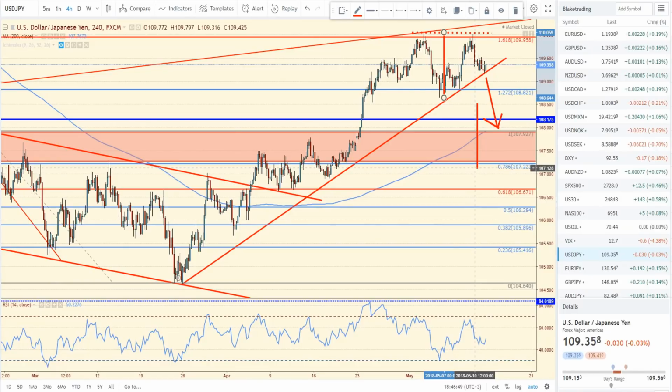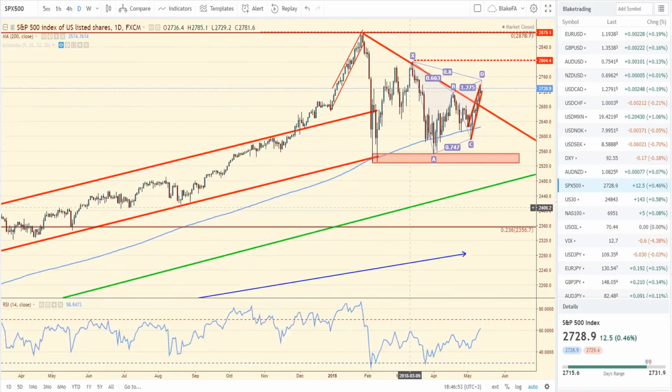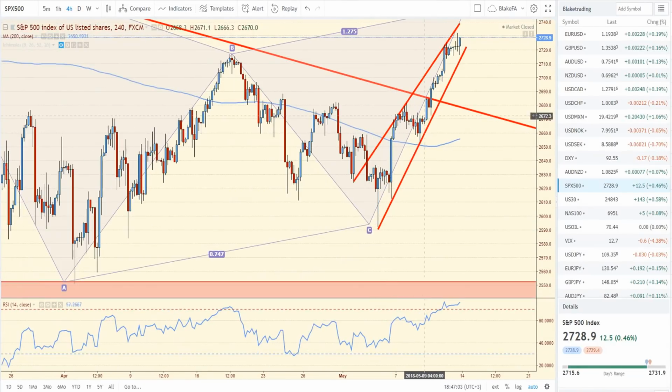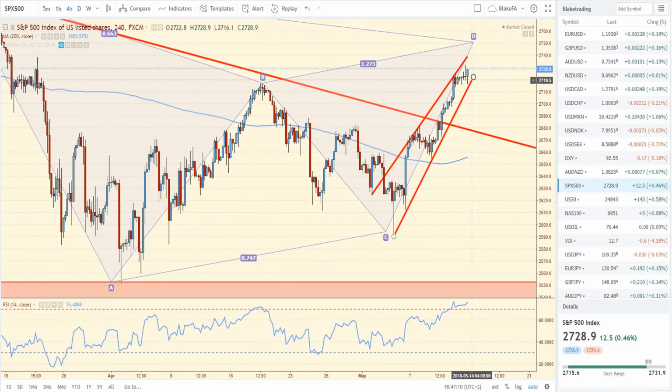Stocks still look pretty strong. I mean, if you look at the S&P right now, they look pretty strong, and I've been expecting a move up towards this 2750 level roughly, in the S&P. But we're also in an ascending wedge, and even though we're bullish right now, if we end up reversing sometime next week, keep in mind the seasonal factors that are playing into this market as well. It is May, and there's that old adage, sell in May, go away. That doesn't mean that we sell off every May, and it doesn't mean we sell off May 1st.